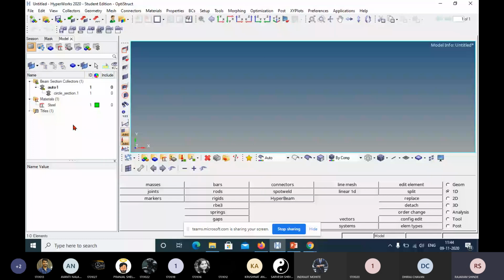Do you agree with this? You can go to these properties. You can right click on this blank window, or you have an icon here. After material you have the property icon. You can see here this icon. After material you have property. Okay.